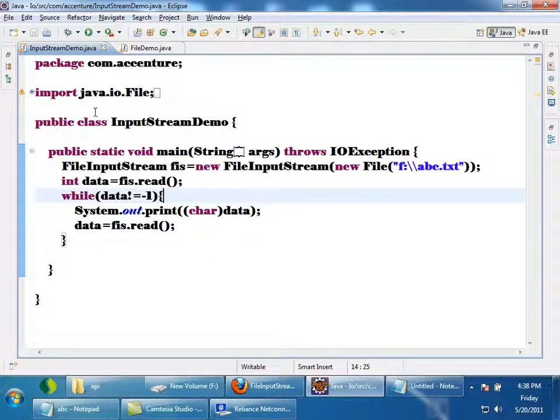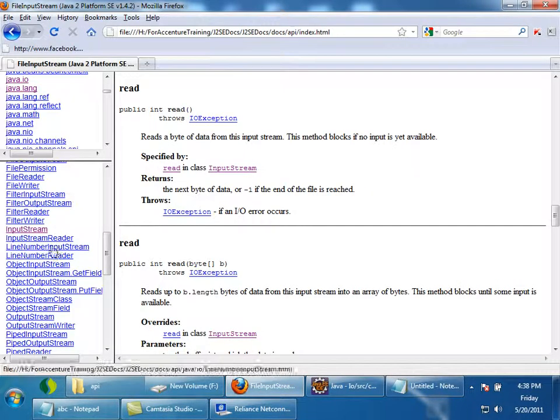Now I want you to modify the same program and write to a different file. Whatever you are reading from f:/abc.txt should be written to f:/def.txt. And the hint is, for reading which stream is used? Input stream. Similarly for writing, tell me.